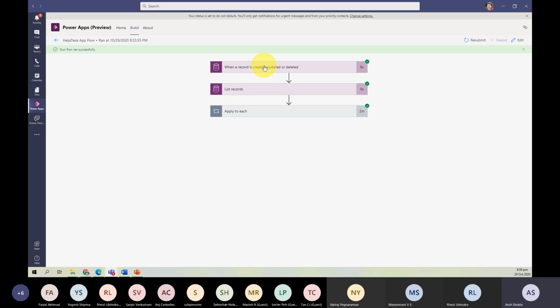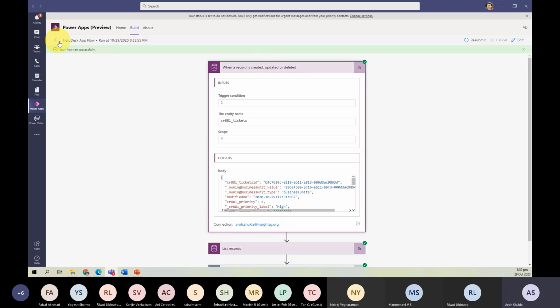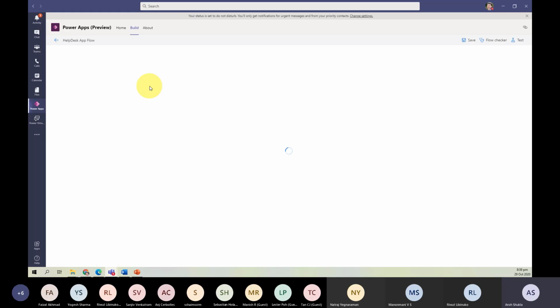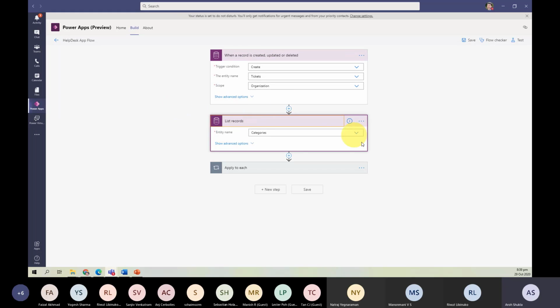If a new entry is created by any user, I will define, let me just close it. It doesn't make any sense here because it has already run. I want to click Edit and show you how I have done it. So when a new person raises a ticket, if we go to the Your Tickets entity, then I put the organization, and then I list all the categories.